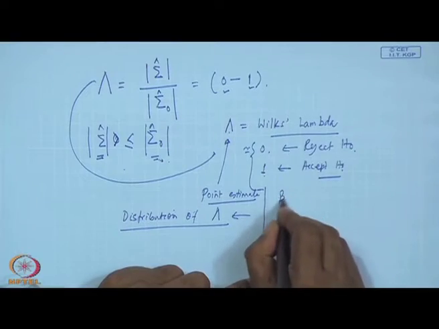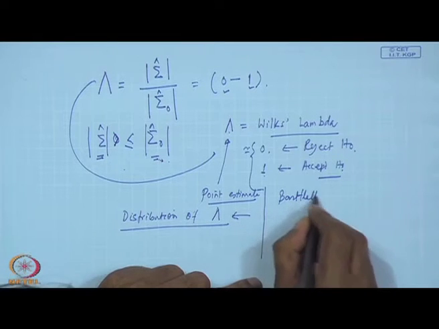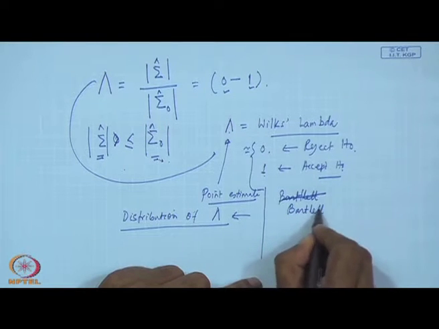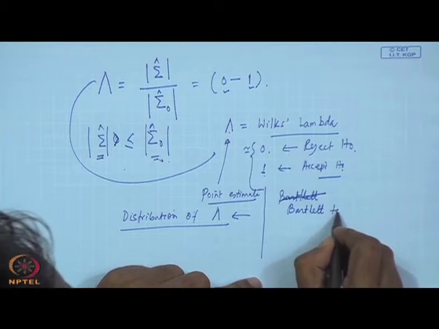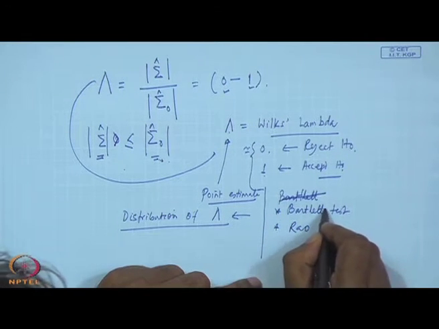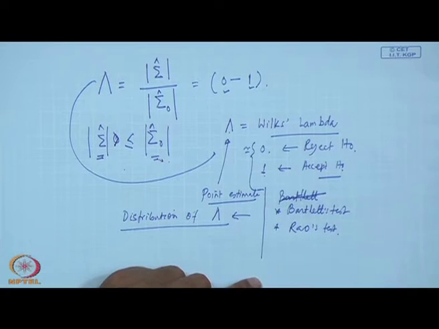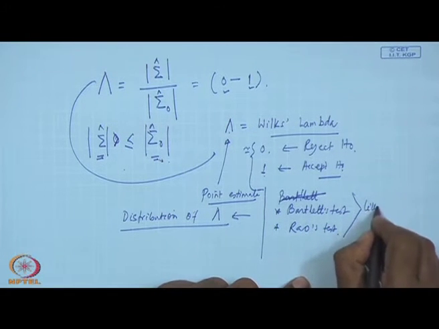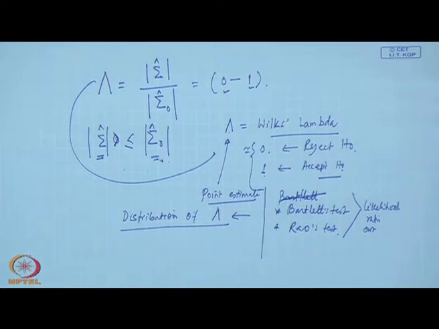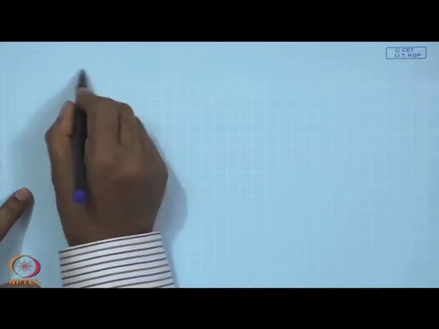The two important tests or distributions were given by Bartlett, Bartlett test, and another one, Rao's test. These are all likelihood ratio tests. So, what is the Bartlett test? How do you compute the Bartlett test? Bartlett test says